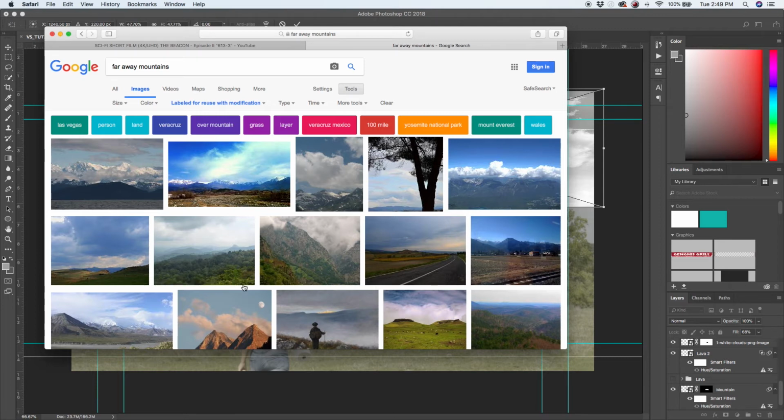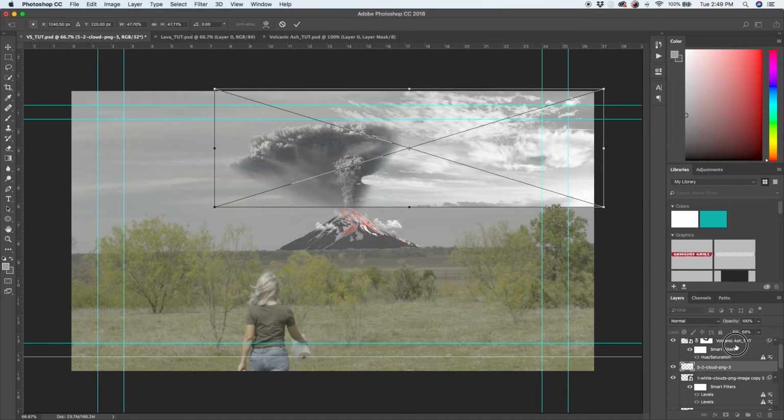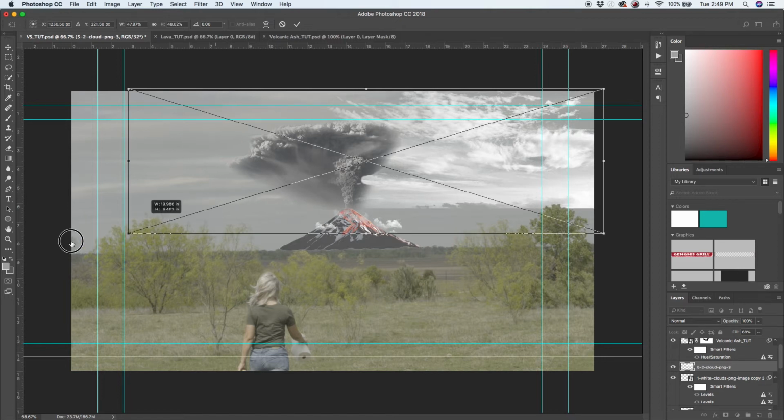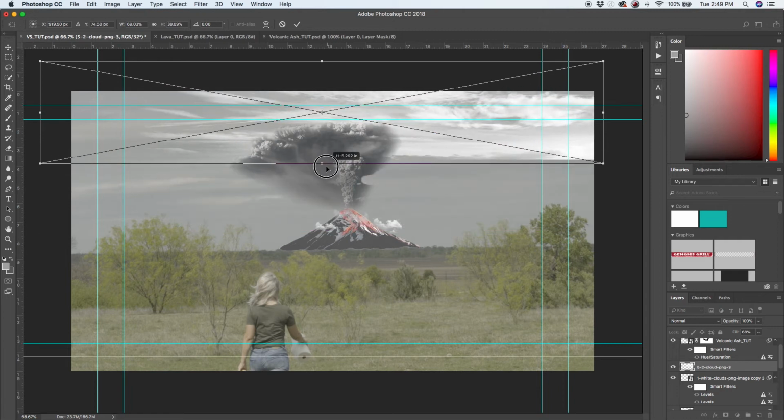You can use whatever you want to. And just check your usage rights for things that you want to use. So this is just a simple PNG cloud thing. And so what I'm going to do is we're going to move this. Well, I'm going to size this up. Size it up. I want it to fill my scene, and I'm just going to squeeze it just a little